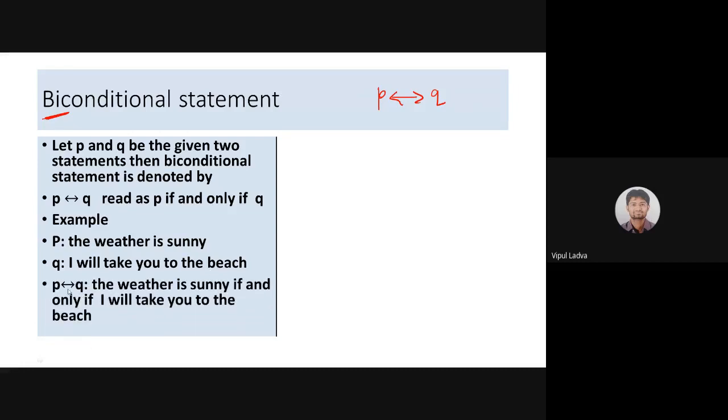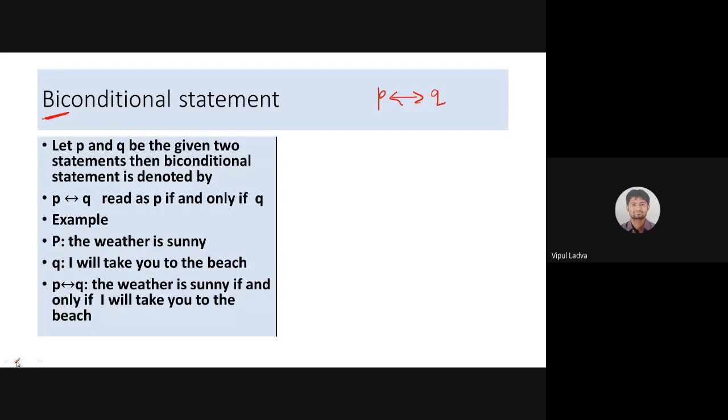If you look at the biconditional statement of that, then: if the weather is sunny, if and only if I will take you to the beach. Now, this statement is applied from both sides. If I will take you to the beach, then the weather must be sunny. And if the weather is sunny, then I'm supposed to take you towards that particular destination, which is fixed, is it? So when we are having the condition from both ends, the if and only if condition, then such a compound statement is known as a biconditional statement.